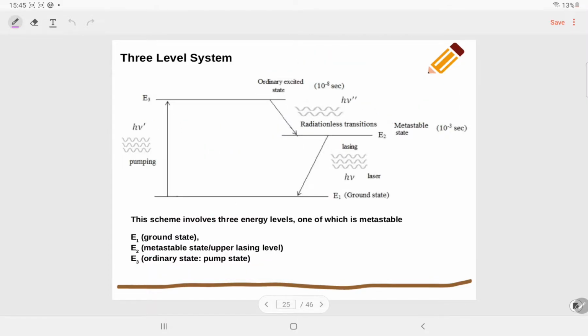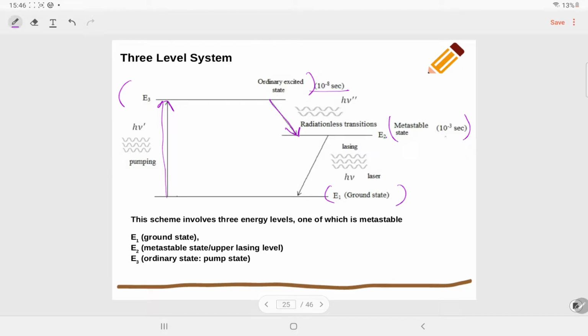Three level scheme. As the name suggests, in this three level system, three steps are involved, just like you see here. E1 is our ground state, E3 is our ordinary excited state, and E2 is our metastable state. Initially, with the help of pumping, our electron goes to the excited state. It stays here for up to 10 to the power minus 8 second, then it comes to the E2